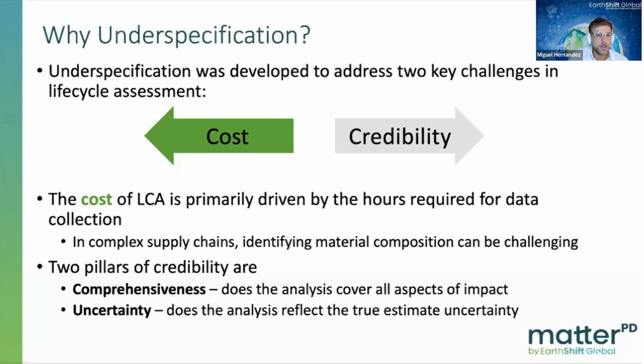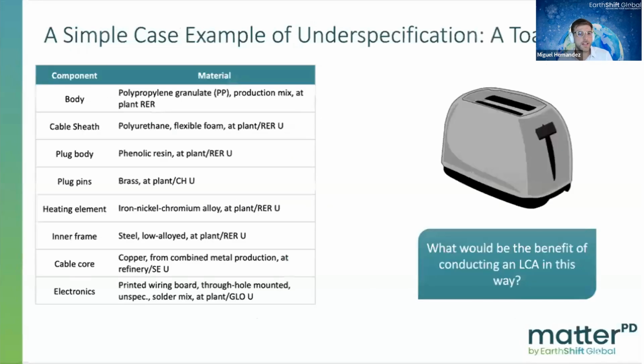And now, in terms of cost, in the majority of the cases, the cost of an LCA is driven by the amount of time invested in data collection. Through under specification, you can optimize the data collection process, because you can run an under-specified model based on the data that you have available, and then identify the main hotspots of your system and focus your efforts in terms of data collection on those hotspots. That way, you are going to refine the model and the data available in the areas that really matter in terms of the description of the environmental performance of any system. Can we go to the next slide, Tess, please?